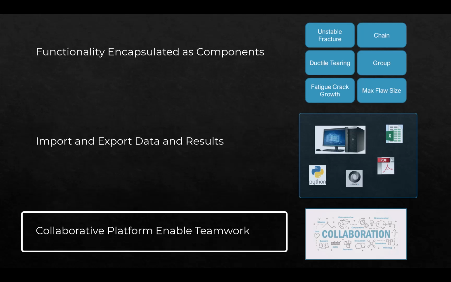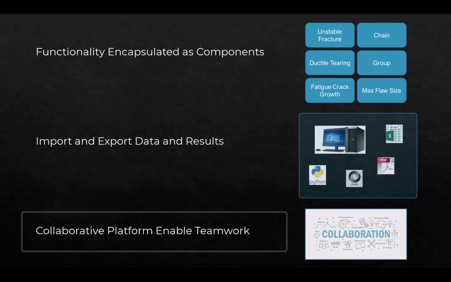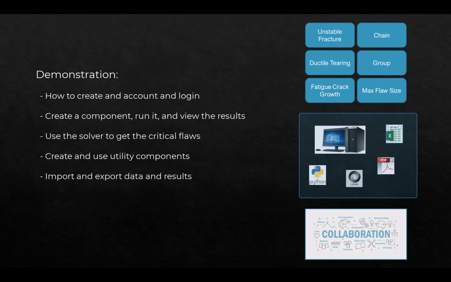Finally, Material ECA is a collaborative platform with a robust and fast solver, where teamwork is supported and the workflow is visible to others. Constructive expert support and timely feedback can save time and improve quality. The demonstration will show you the following: how to create a new user account and log in,